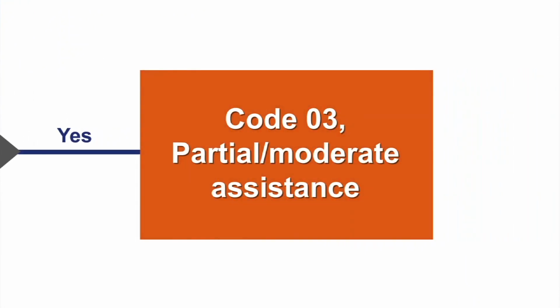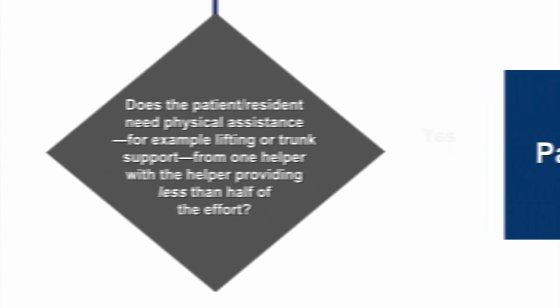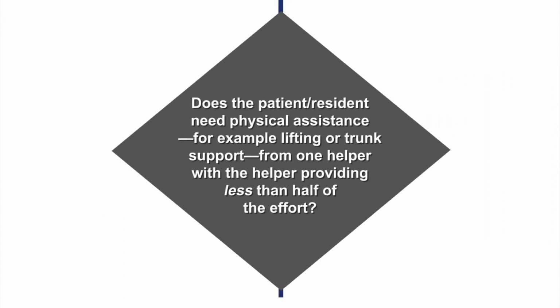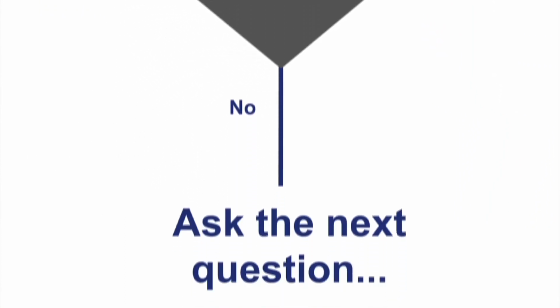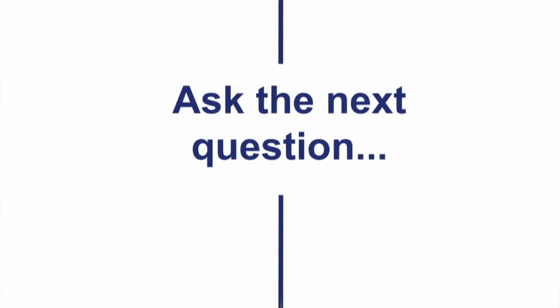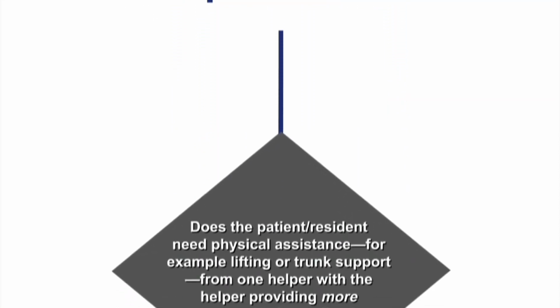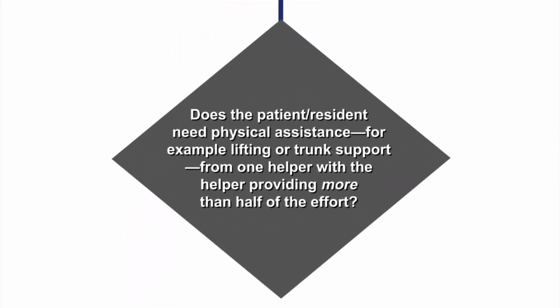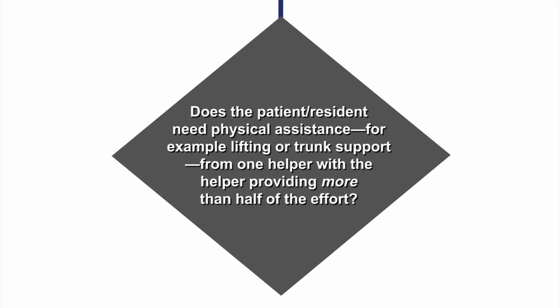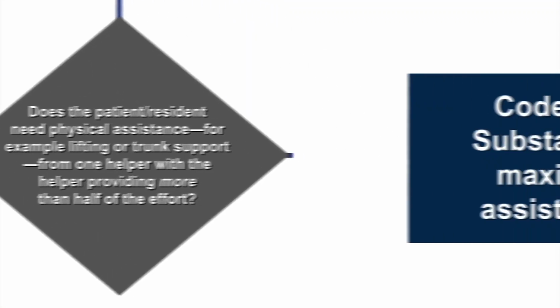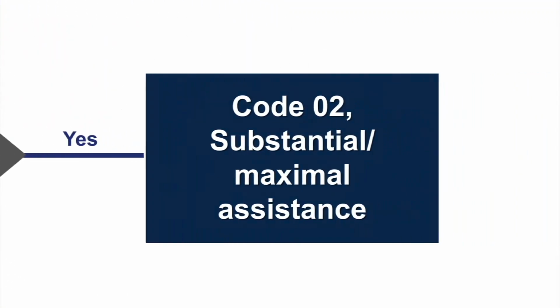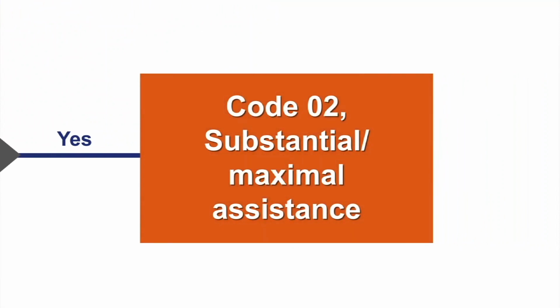If, however, the answer to this question is no, the patient or resident requires more than partial moderate assistance to complete the activity, proceed to the next question. The fifth question in the decision tree asks, does the patient or resident need physical assistance, for example, lifting or trunk support from one helper, with the helper providing more than half of the effort? If the answer to this question is yes, the correct code for this patient or resident is 02, substantial maximal